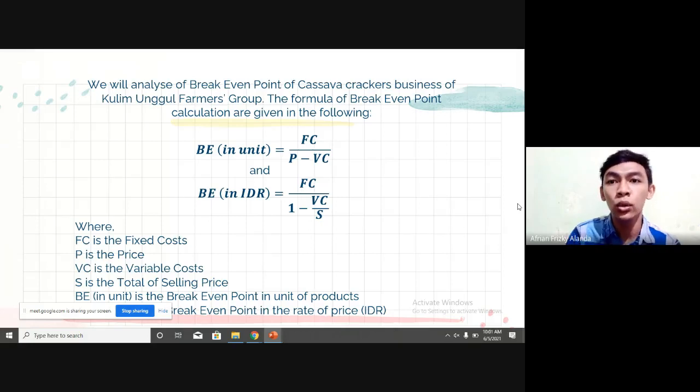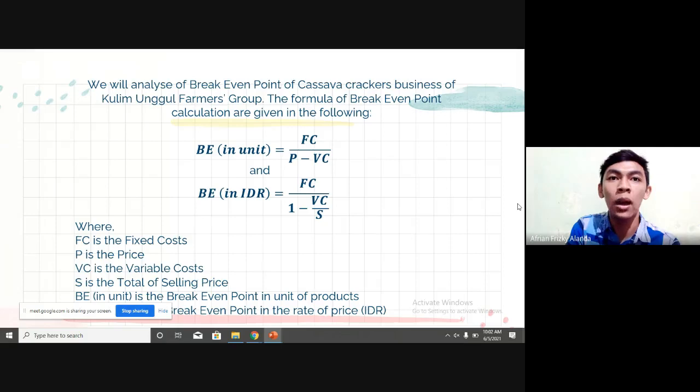We use two formulas here. The first is break-even in unit. The formula is BE in unit is equal to FC divided by P minus PC. And the second formula is break-even in rupiah. The formula is BE in rupiah is equal to